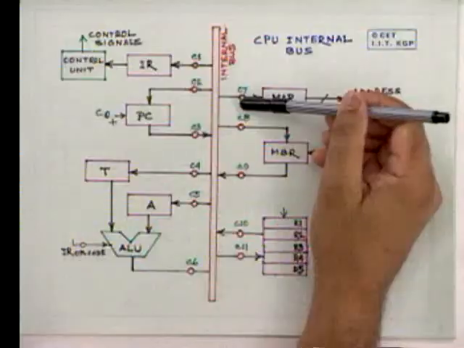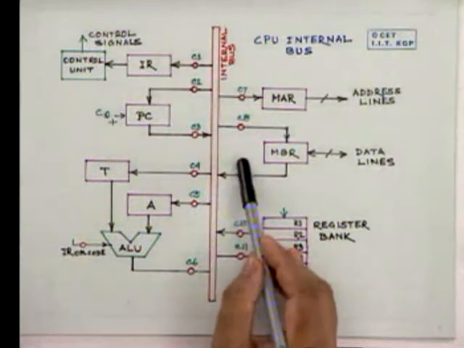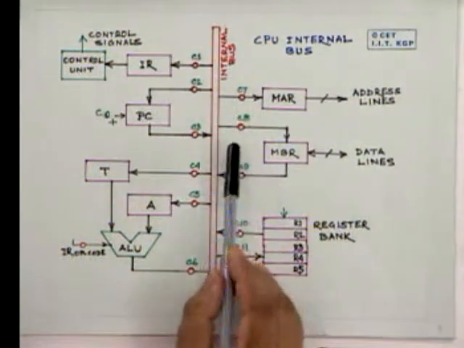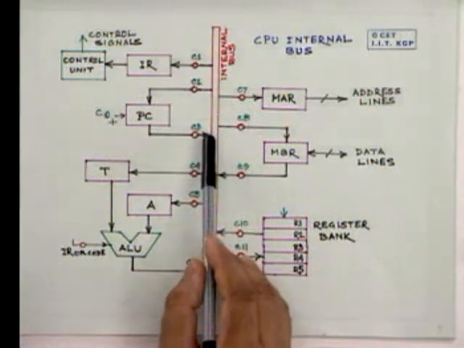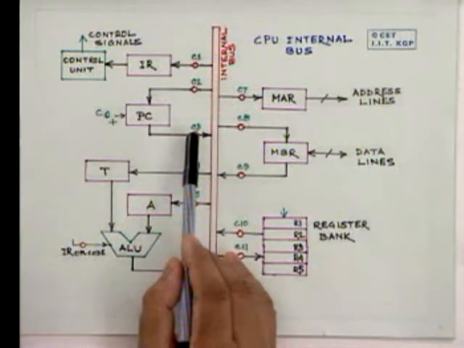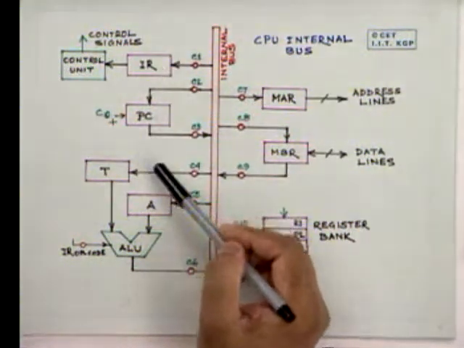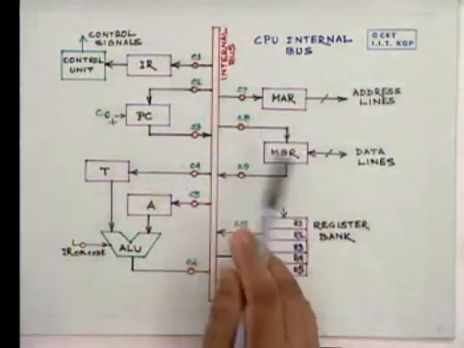We'll discuss it in the next class with this structure, how the control signals should operate these gates so that the operation that an instruction specifies is carried out. Till that time,